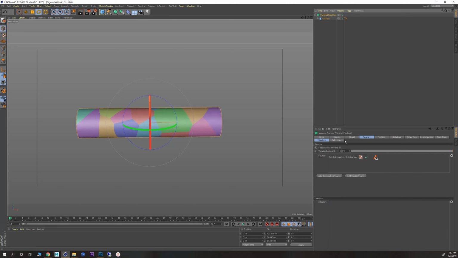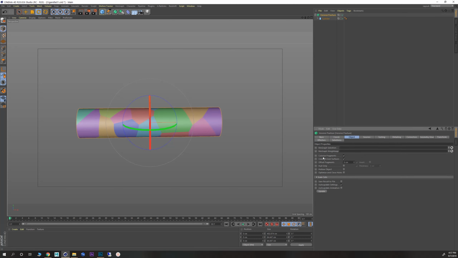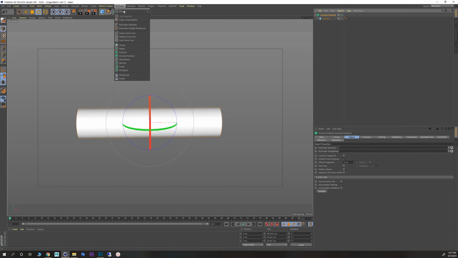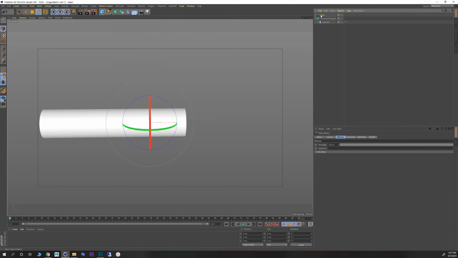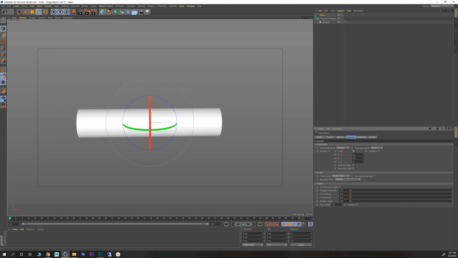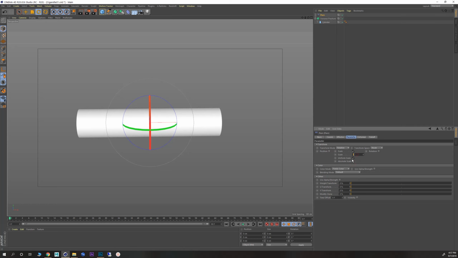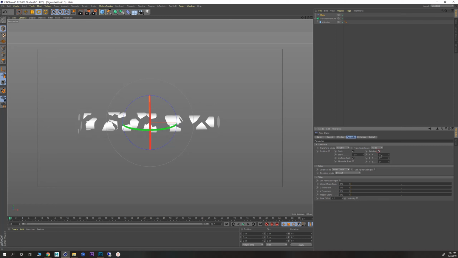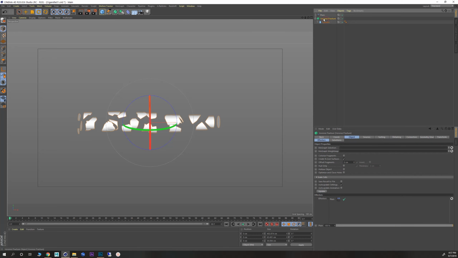So in Voronoi fracture, in the object tab, I disable the colorize fragment, and then I assign the MoGraph effector called plane effector. For the parameter, I can set the scale in uniform scale, set this to something like -0.6, set the rotation to 360 for all axes. Alright,